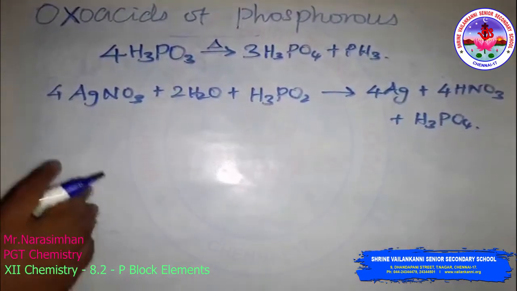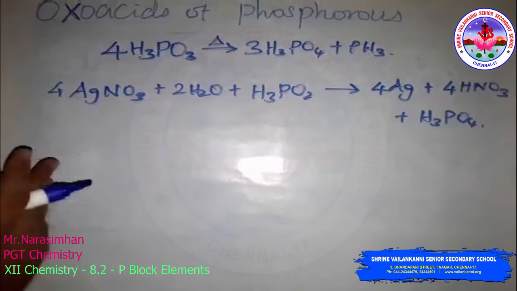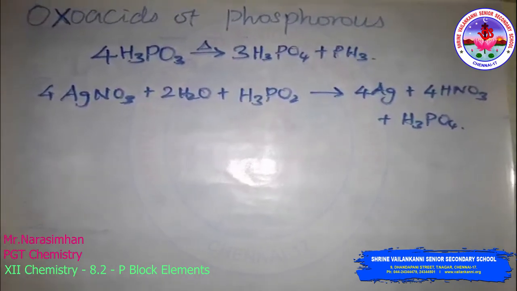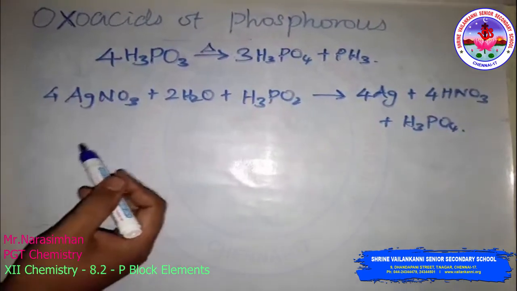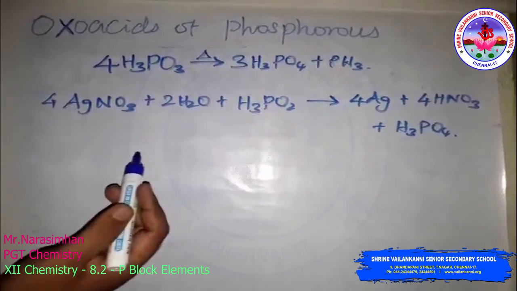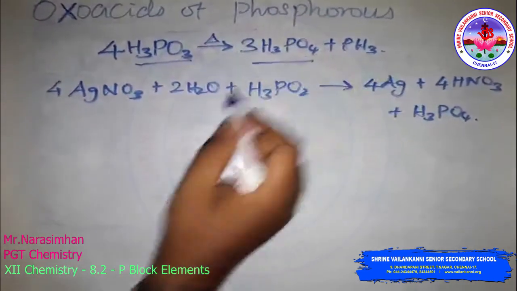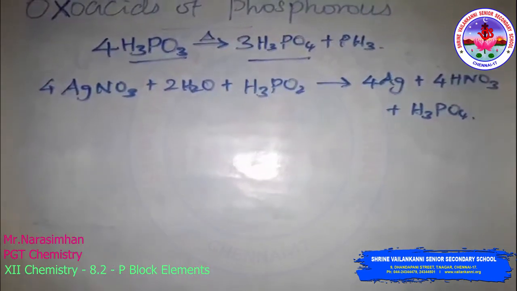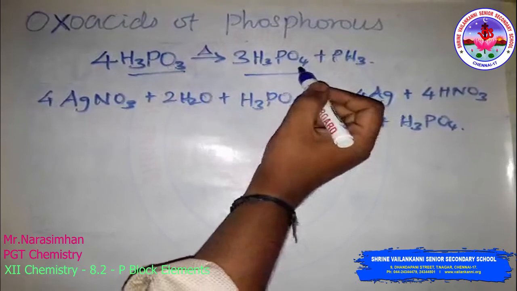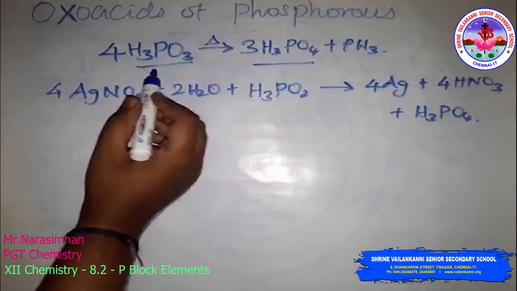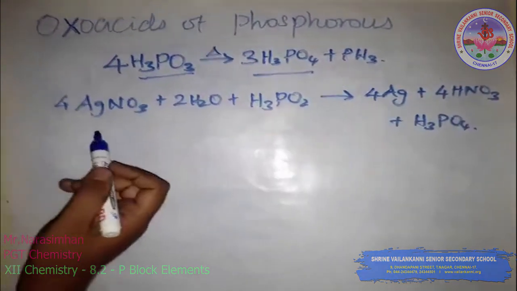H3PO4. So here these P-H bonds are not ionizable to give H plus ions and do not play a role in basicity. So only those hydrogen atoms which are attached to the oxygen in the P-OH form are ionizable and cause the basicity. So H3PO3 and H3PO4: the basicity is 2 and 3 because 2 OH bonds are present here and 3 OH bonds are present here. So this is a dibasic and this is a tribasic compound. Then we will discuss the group 16 elements next class.